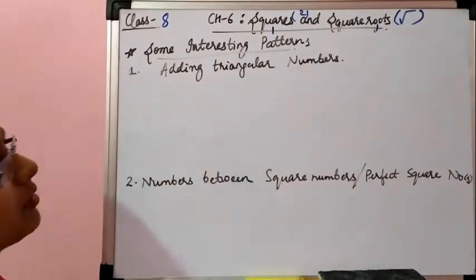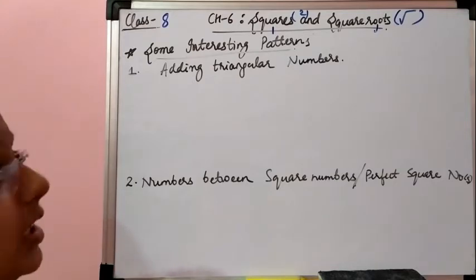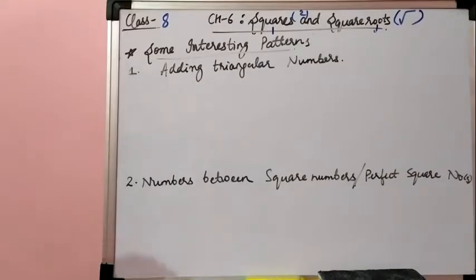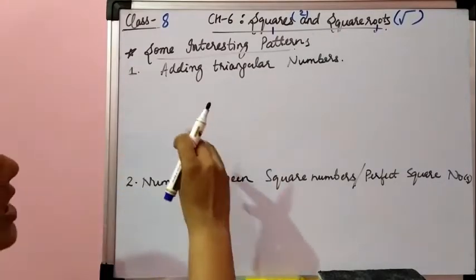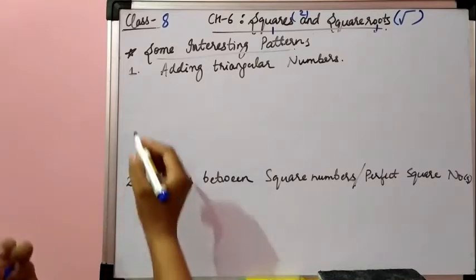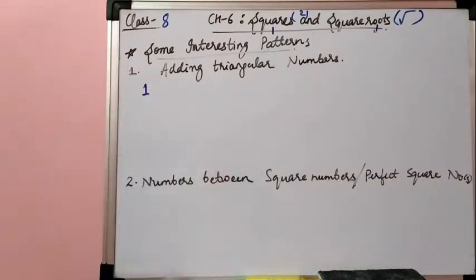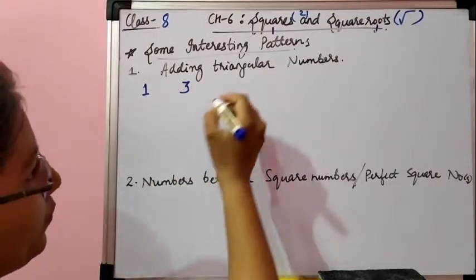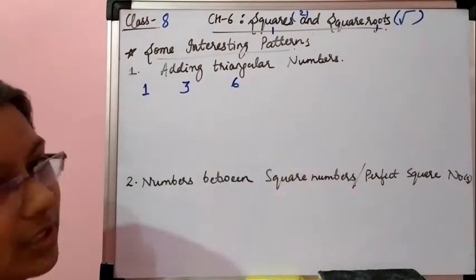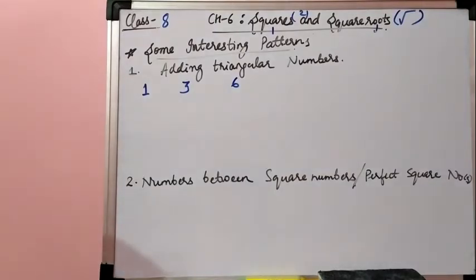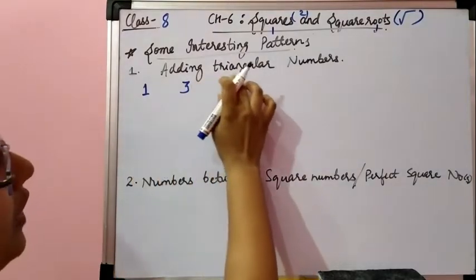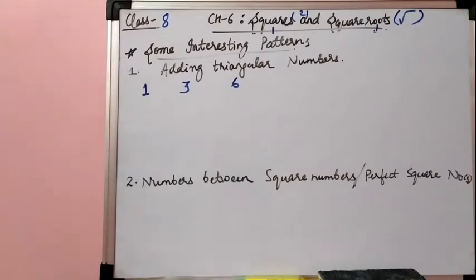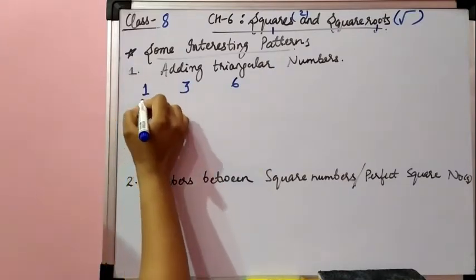The first pattern we will discuss is adding triangular numbers. Now what is this pattern? And what are the triangular numbers? Let me give you some triangular numbers. One is a triangular number. The next triangular number is 3. The next triangular number is 6. How am I finding these triangular numbers? For finding triangular numbers, what we have to do is add